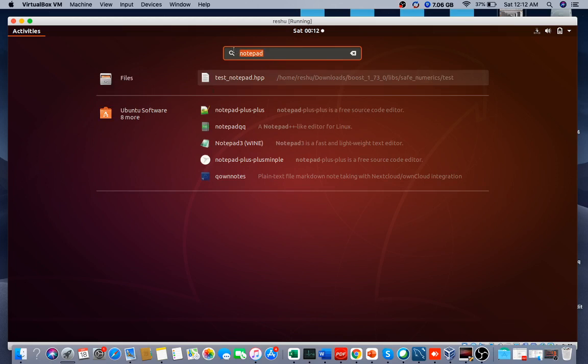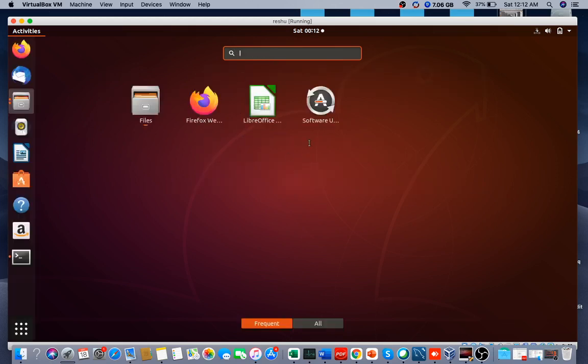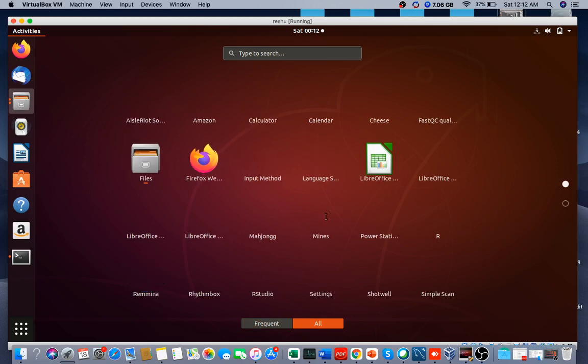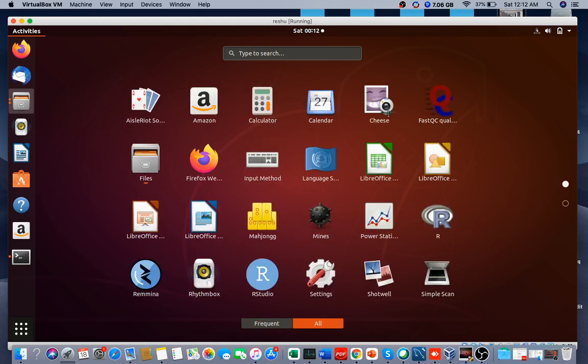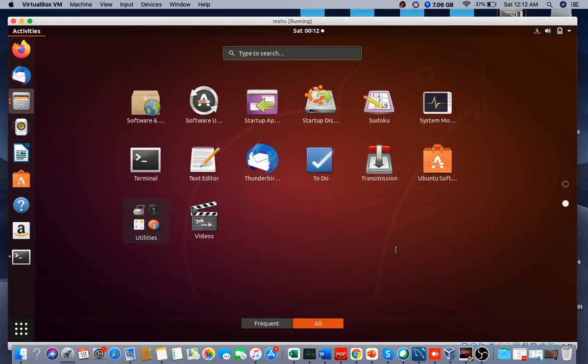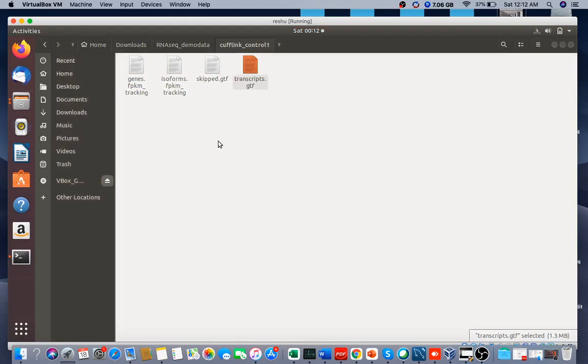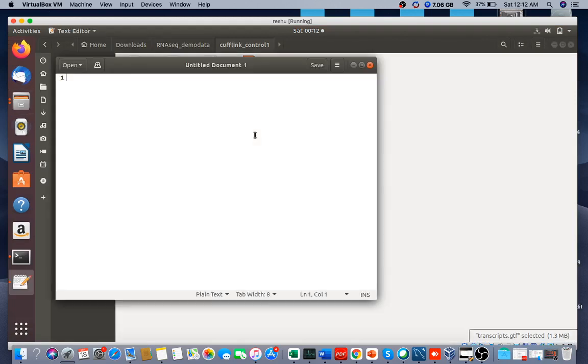Just click on text editor and then paste it.